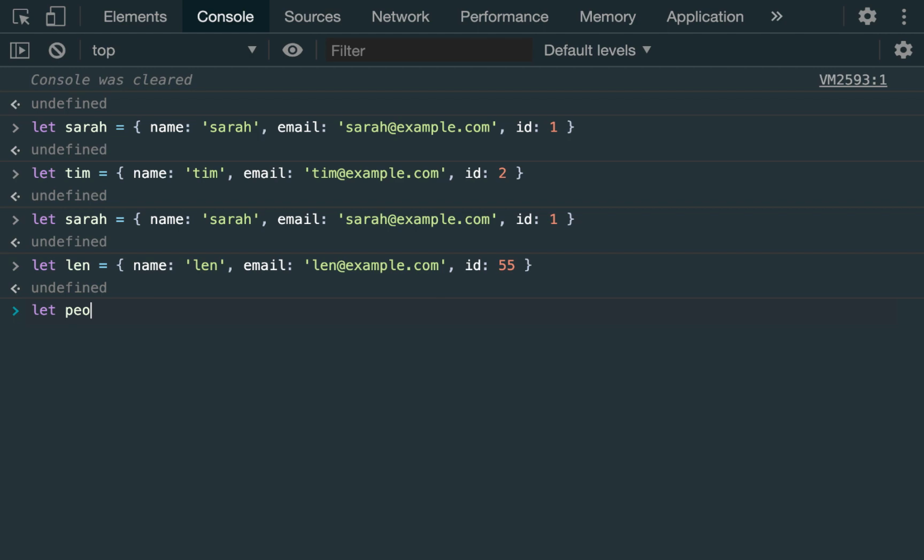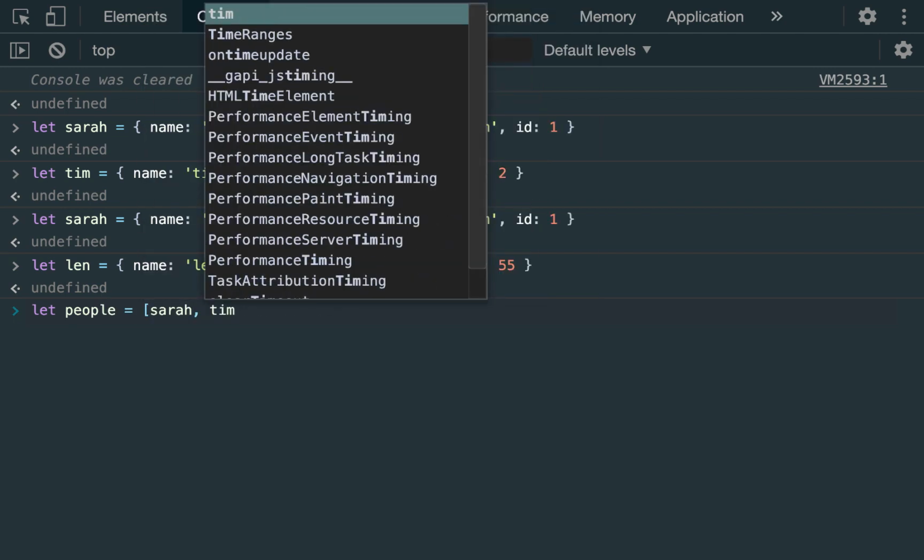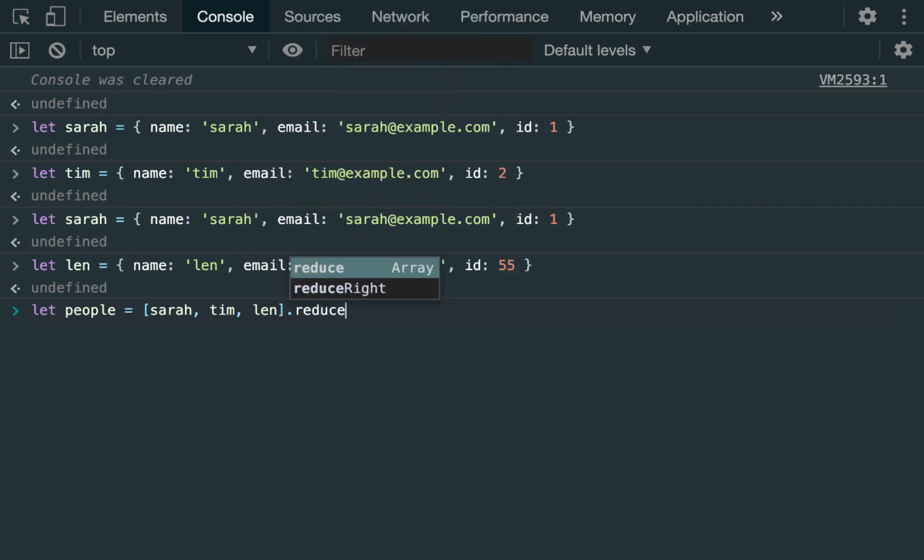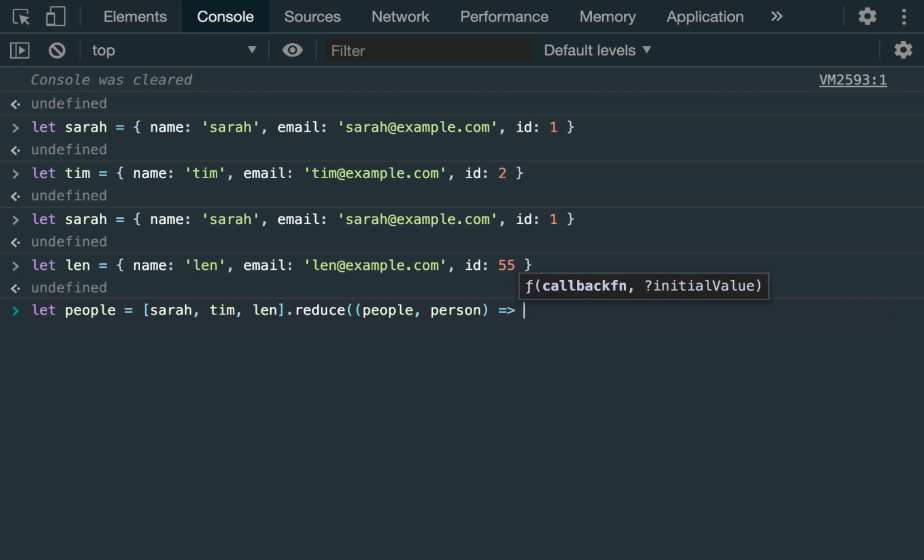We're going to say let people equal, and then we're going to say Sarah, Tim, Lynn, dot reduce, and then we're going to say the person object, or I guess we can just go people, it's inside an array. We're going to say people, person. And then all we're going to do is make our initial value an object, and then we're going to return an object